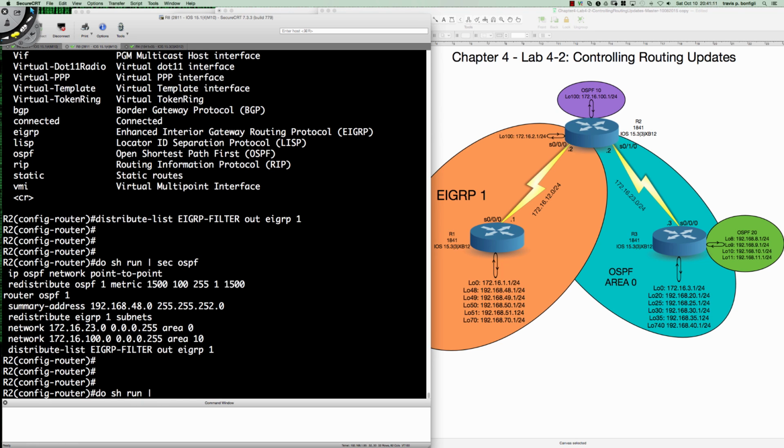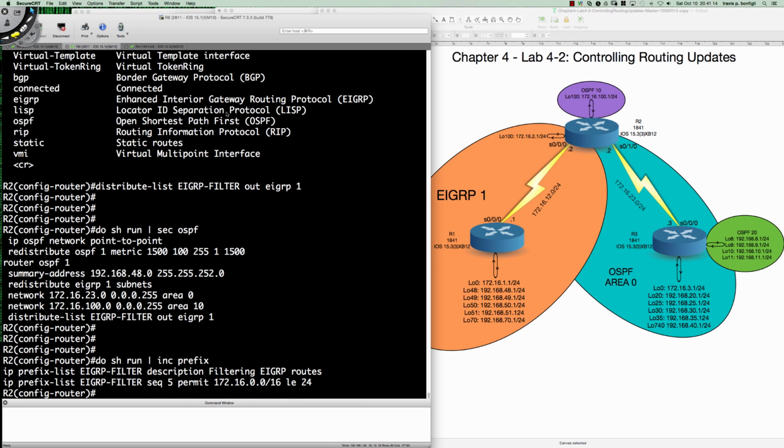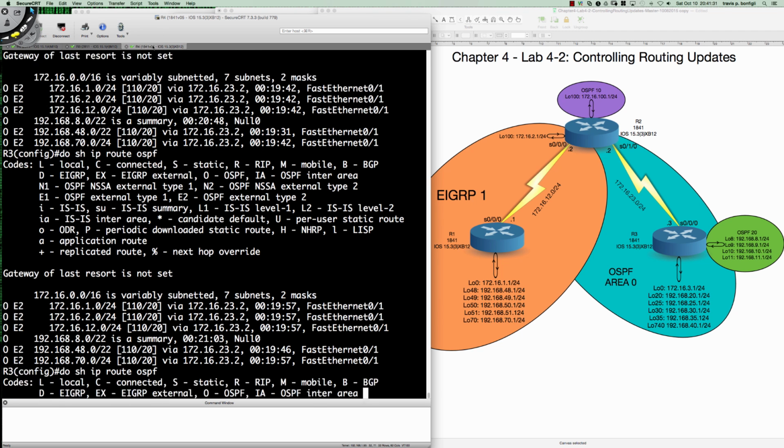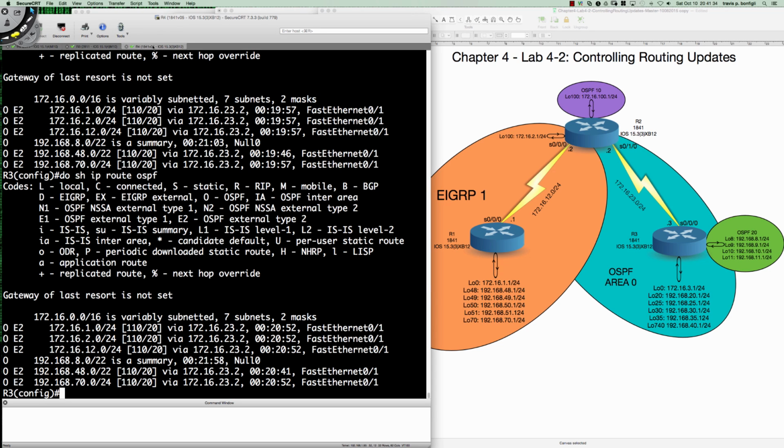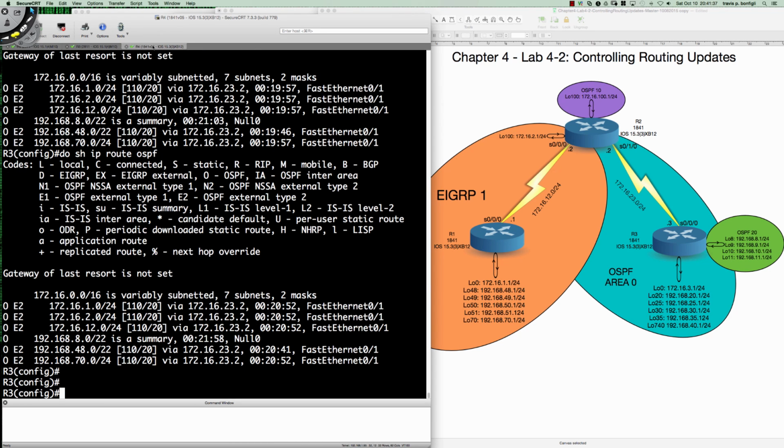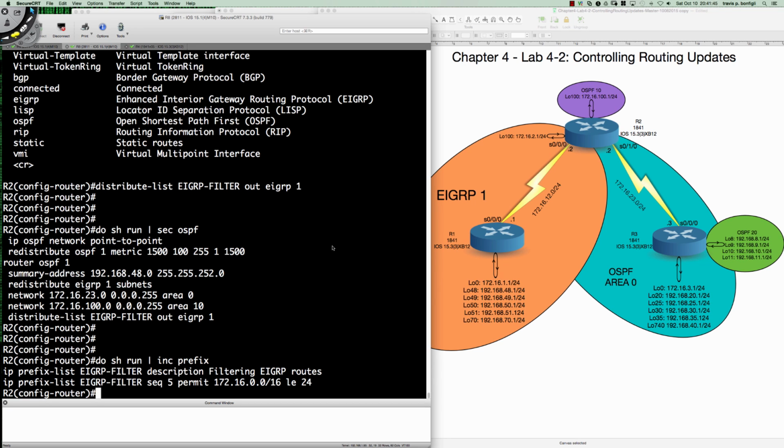Let's take a look at our prefix list. Do show run include prefix. Let's make sure I don't have a typo here. And we are permitting those 3 routes and only those 3 routes. And the prefix list at the end has an implicit deny. So I'm curious here. Let's see if we still see those routes. We do. So only those 3 routes should be allowed. The 192.168.48 and the 192.168.70 should not be getting redistributed here. And so that is definitely